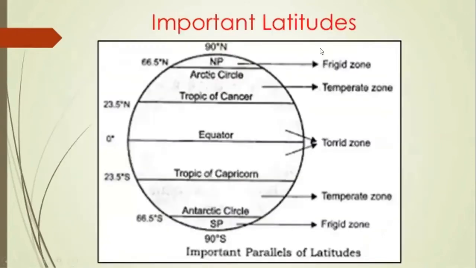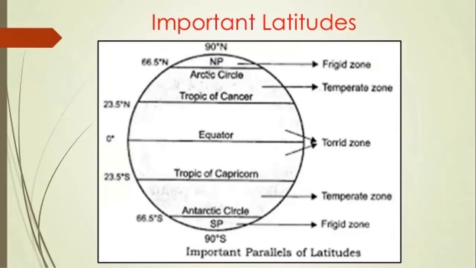All right. So these are some important latitudes. Now, what are latitudes? Latitudes are these imaginary lines that help us to locate a particular place. Latitudes and longitudes are these imaginary reference lines drawn. So these are called latitudes. These are the reference lines that are horizontal and they run throughout the globe. Very important is that they are parallel to each other and they will never intersect. They are completely circular.